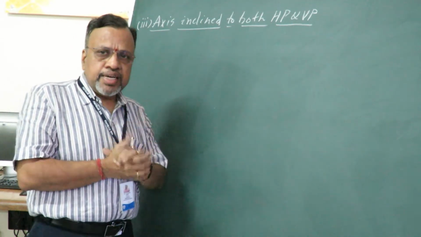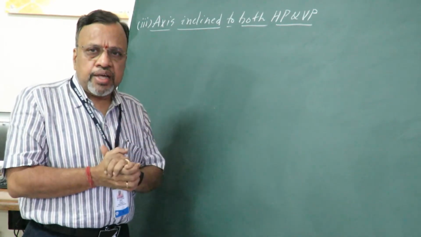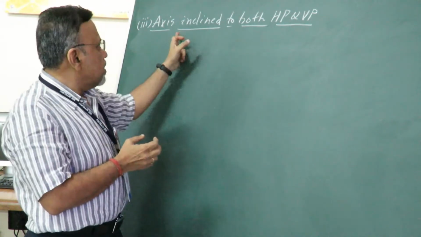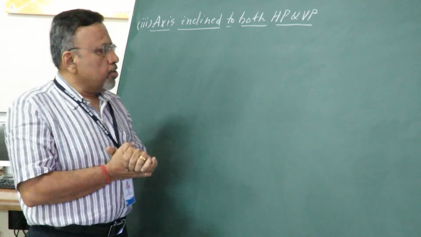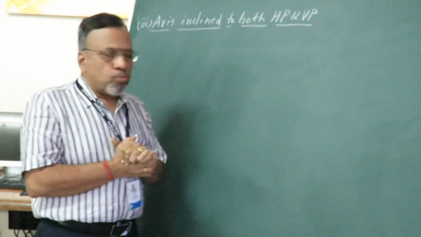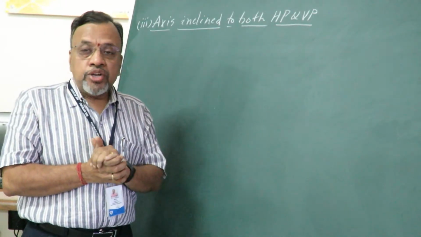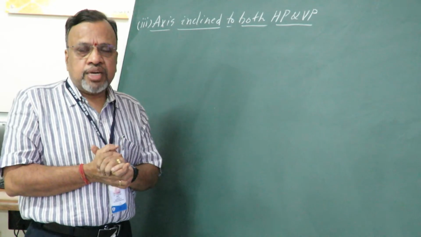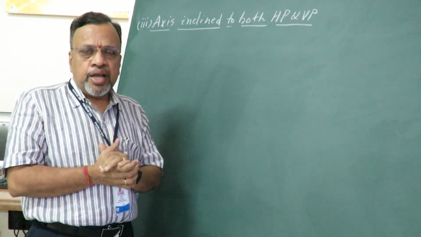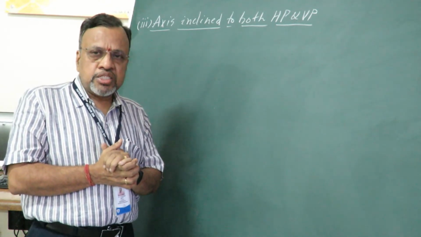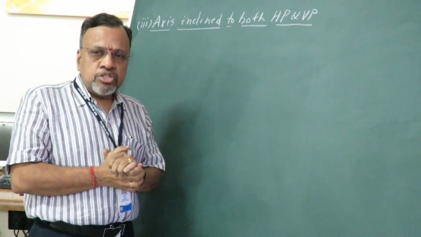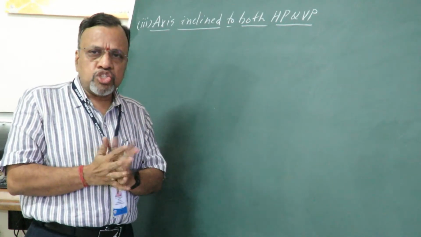But instead of giving it in that particular way, I can also have a problem statement in this way. That is, I can say the axis of the solid is inclined to both HP as well as VP. Now since I have given the axis inclined to both HP as well as VP, I need to say how to start. Because in the previous 2 cases, when the axis is inclined to a particular plane, I consider that axis to be perpendicular to that plane. Now in this case, I have given the axis inclination for both HP as well as VP.